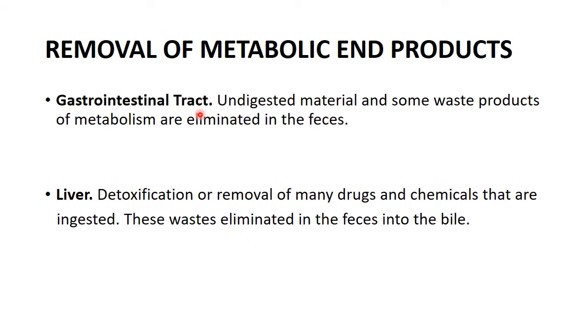The GIT may absorb the main nutrients, but undigested material or waste products are eliminated in the feces. The liver absorbs many useful things and converts them into others. Second, detoxification or removal of